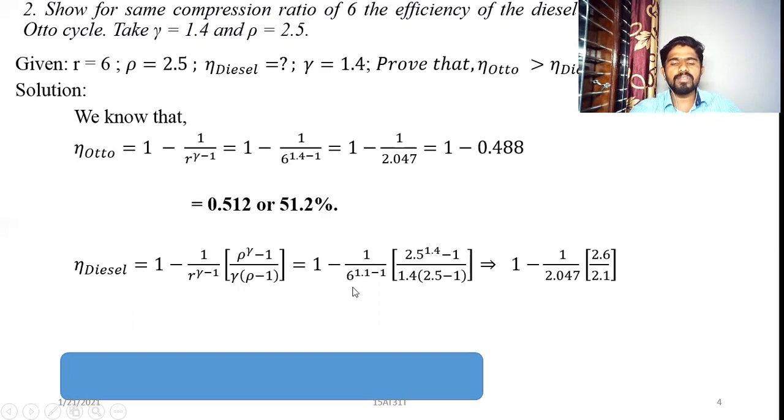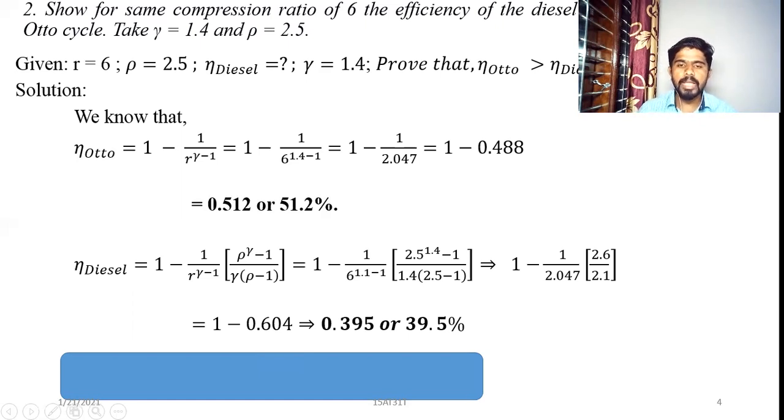1 minus 1 upon 6 to the power 1... this is not 1.1, sorry, this is 1.4 minus 1, into 2.5 to the power 1.4 minus 1, divided by 1.4 into 2.5 minus 1. So that is equal to 1 minus 1 upon 2.047 into 2.6 upon 2.1. If you simplify this equation, that is equal to 1 minus 0.604, which will give you 0.395. If you multiply it with 100, you will get the efficiency of the diesel cycle, which is